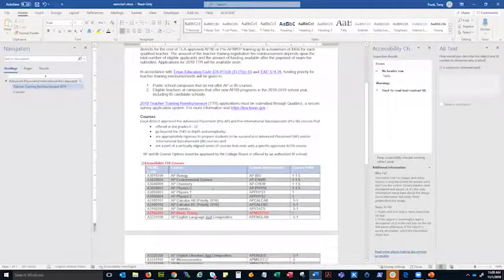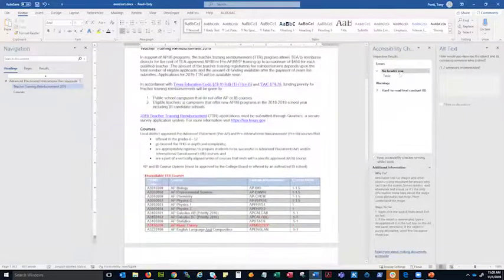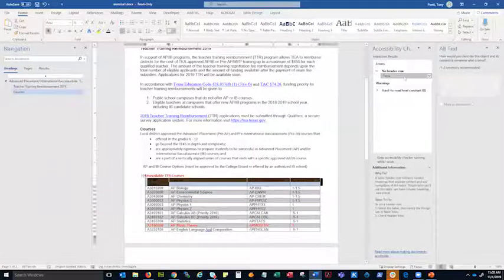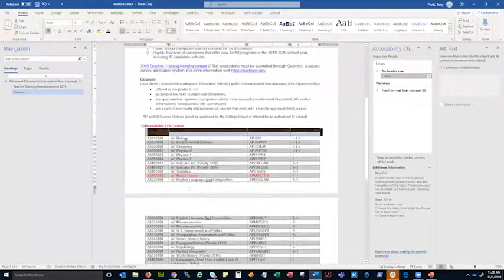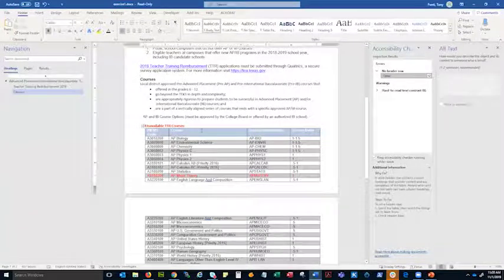The next thing I see here is this table, and it's one of the issues that's still on my accessibility checker. So to make tables accessible, make sure you're not using them for layout. You're using them for a data set like it is here. But at the same time, you also need to apply a table header to the table. The table header is basically